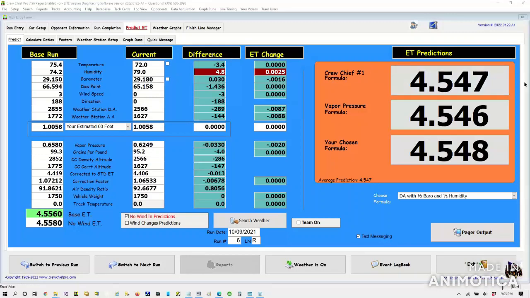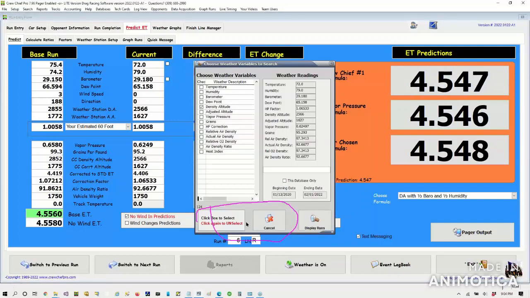Now I can combine weather values. If I go down the bottom middle here, there's a button that says search weather. I can combine, like when I go to Las Vegas, I can have 4,000 feet of density altitude in Las Vegas, and I can have 4,000 feet in Illinois or Indianapolis or anywhere for that matter, but it's not going to run the same. And what this does is it says, okay, let's find all the runs with not only